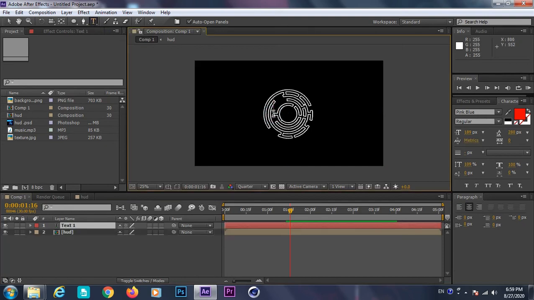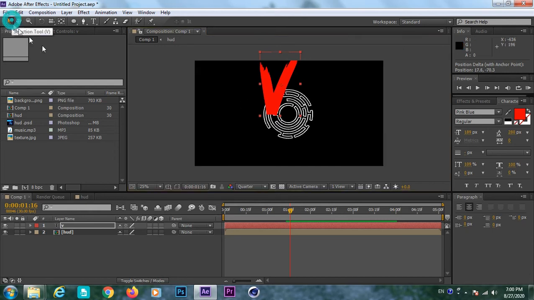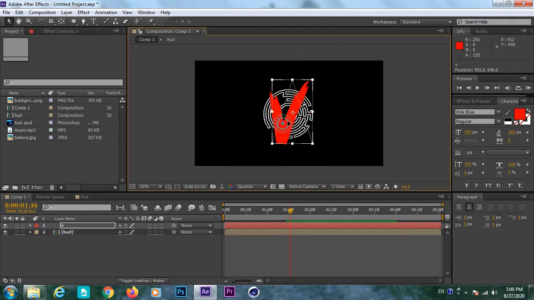You can already see the V. I just type the text V here. You can type any letter. You saw at the start of this video, I used S. So now you can scale up this V and set the anchor point to center. Scale this up, and now I keep the V in the center, exactly like the V in the trailer, the title you just saw in the V trailer.